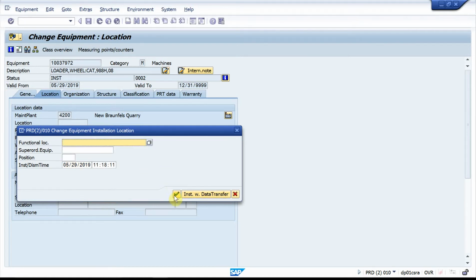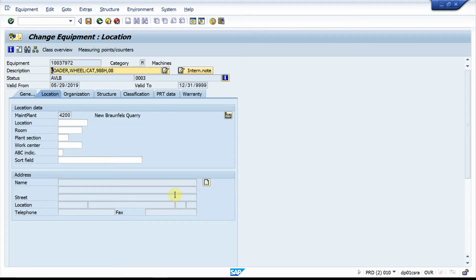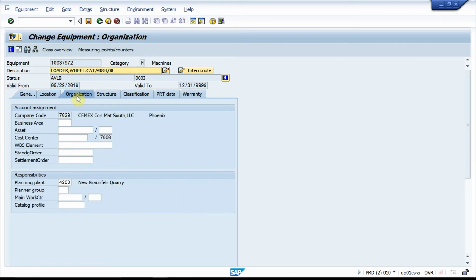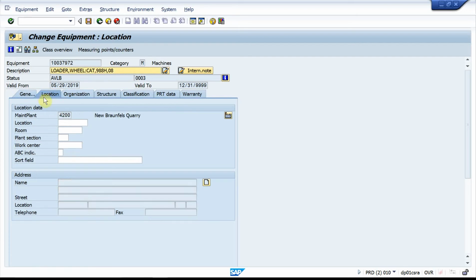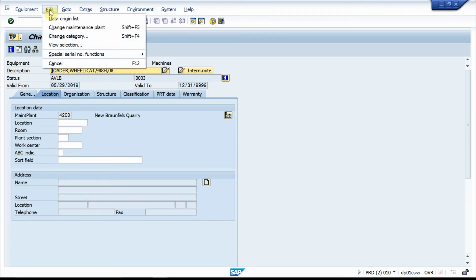So that takes a lot of the stuff off, and you green check it, and then you go into organization and you take this out and go enter, and it just leaves it blank. This is under planning plant, you take that out. Then you go into location. If you look, 4200 is still in here, we got to get rid of that. So you go into